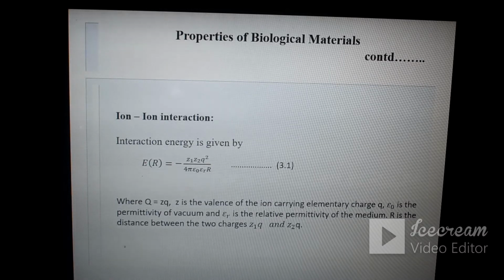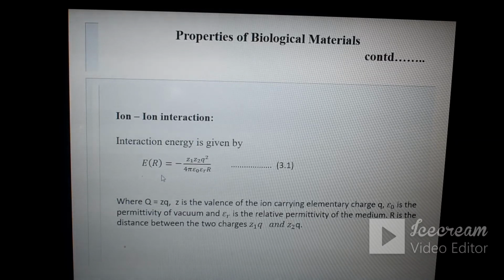What is the interaction energy between these two ions? That energy is given by equation 3.1. This one. E equal to minus Z1 Z2 Q square divided by 4 pi epsilon naught epsilon r and capital R. This expression has been derived using Coulomb's law,